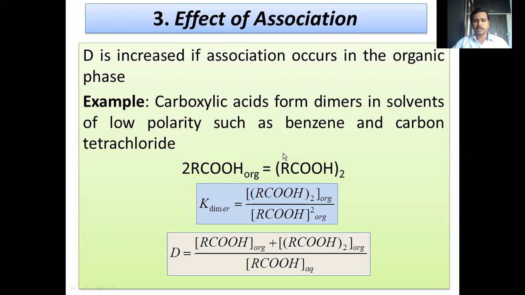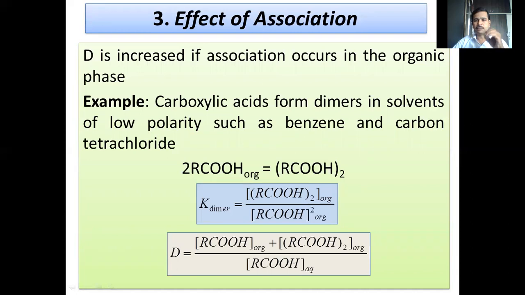And this dimerization process will be very high in non-oxygenated solvents rather than oxygenated solvents. Non-oxygenated solvents means always better to prefer non-polar solvents such as benzene, carbon tetrachloride, chloroform, xylene, etc. So non-polar solvents, dichloromethane or methylene dichloride, dichloroethane, these solvents are having low polarity. So in oxygenated solvents, polarity will be more and dimerization chances will be less if you take oxygenated solvents.